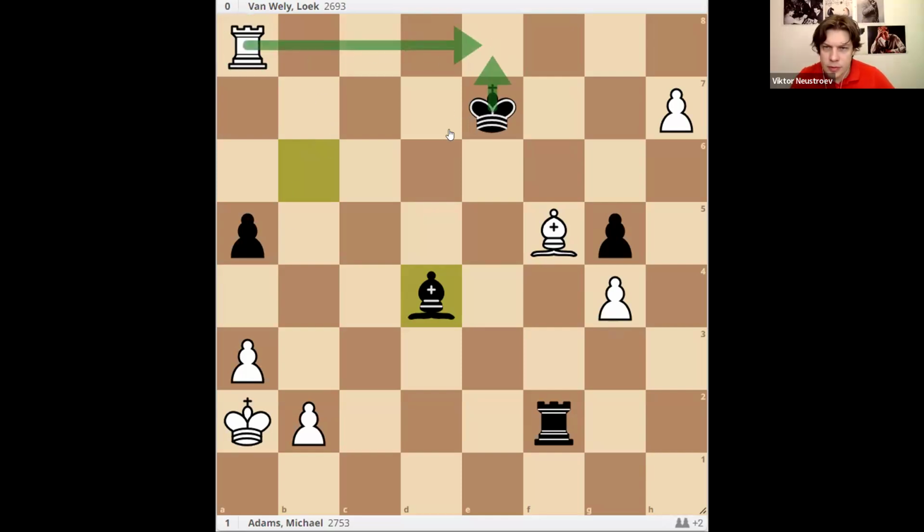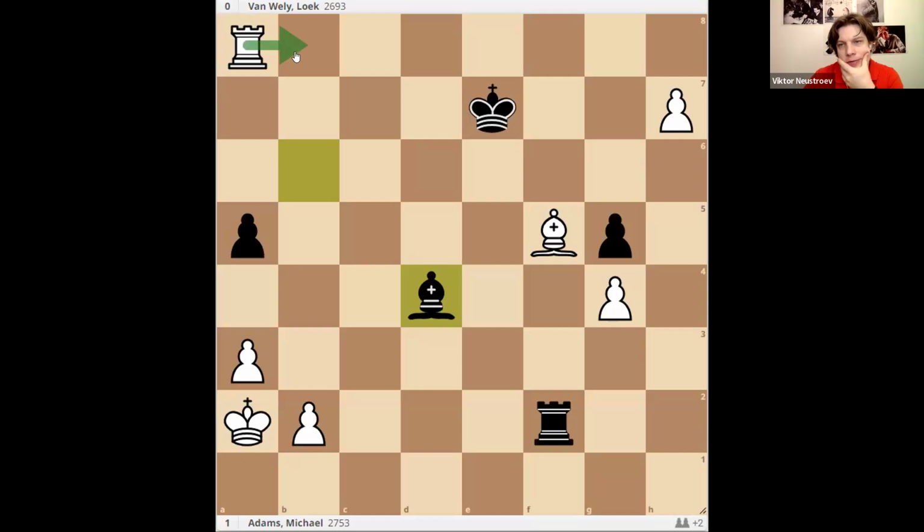Rook e8, what's the purpose of rook e8? Okay, rook b8 is the other solution.